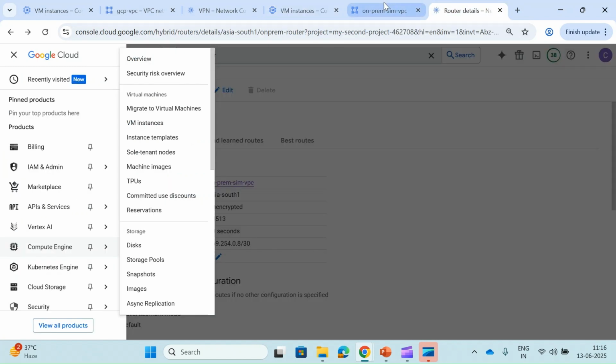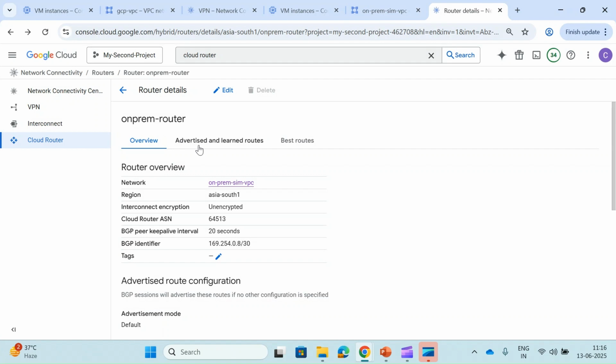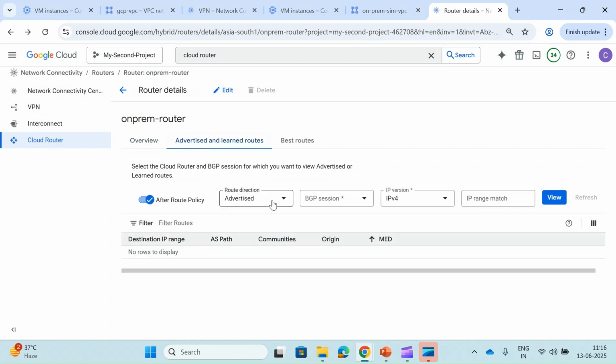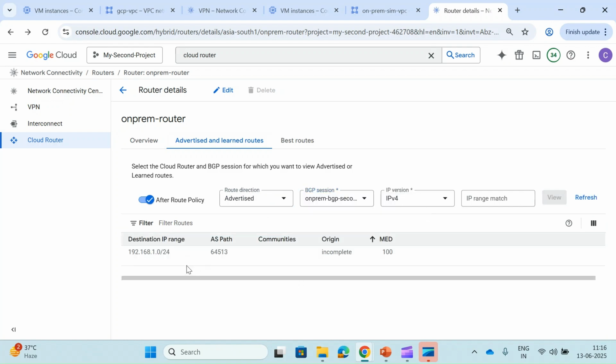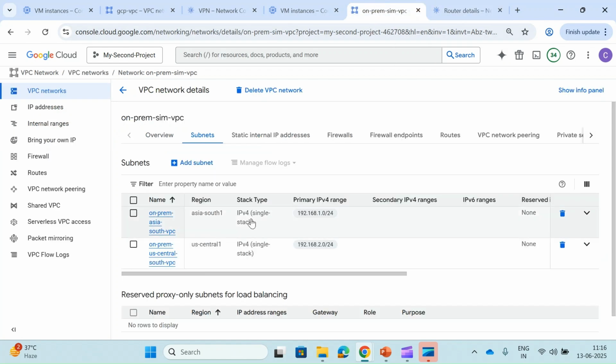If we go to our router details, go to advertised routes, and learn advertising, select any session. We can see we are advertising only one route, that is 1.0, and that is this range. Only the Asia South range; US Central one is not being advertised.